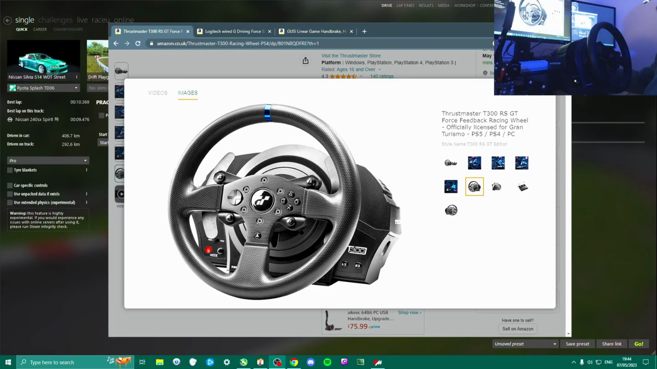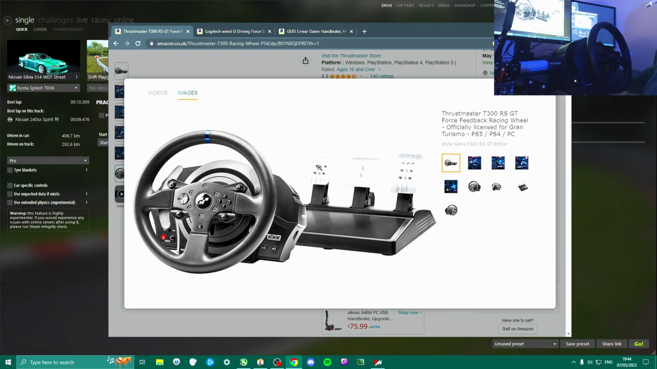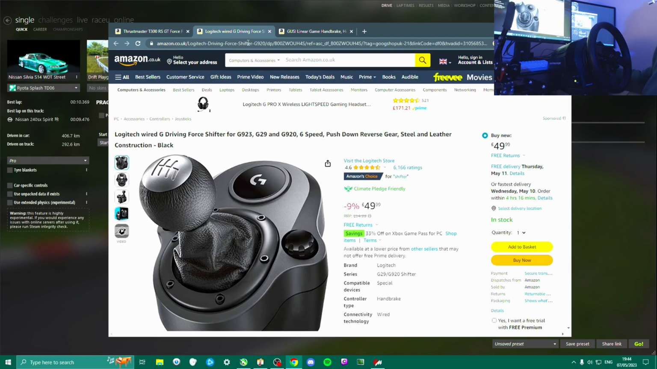So when it comes down to my hardware, I originally started learning with a G29 Logitech, which is pretty good. It was okay. But this T300 by Thrustmaster is definitely what I would recommend. Belt driven, and it just feels really good to use. Solid piece of kit. I got the pedals with it as well, so this is the exact package I got. I also got the wired Logitech